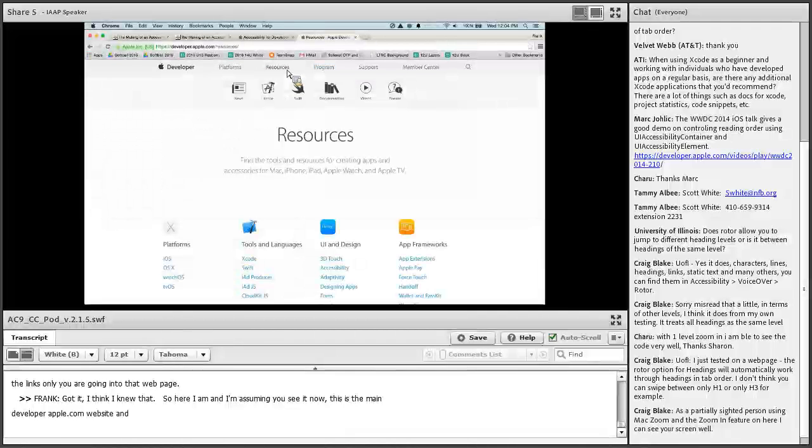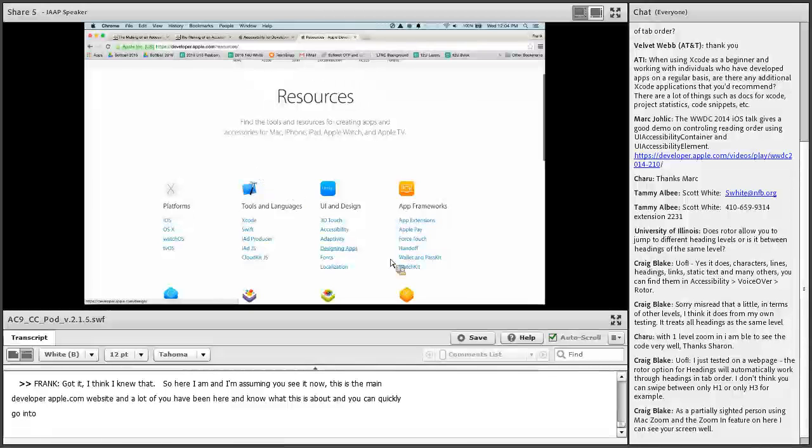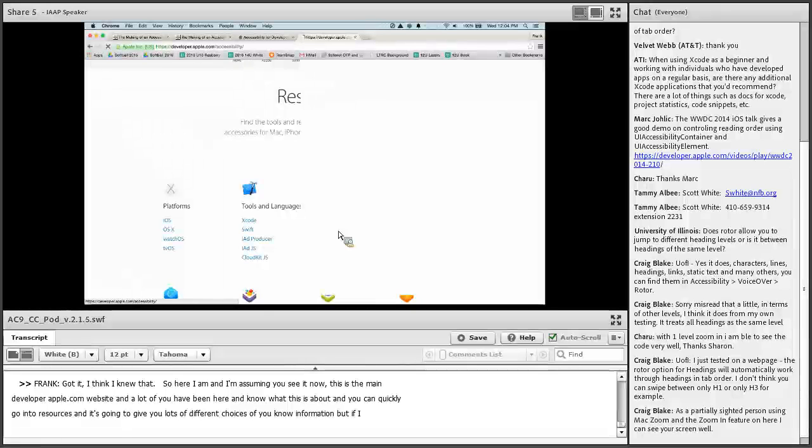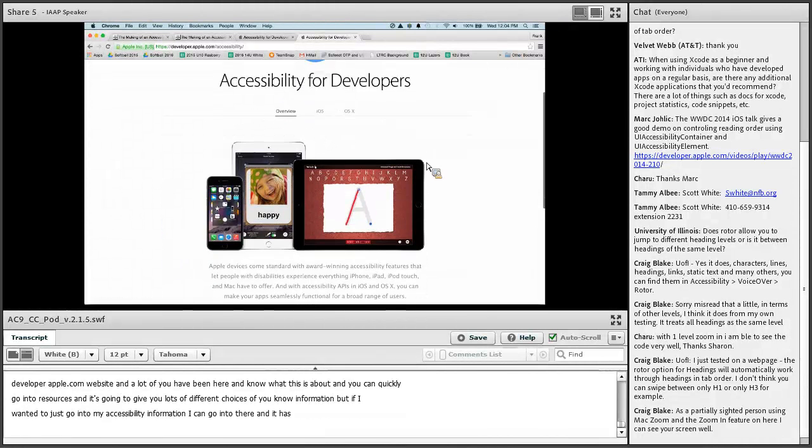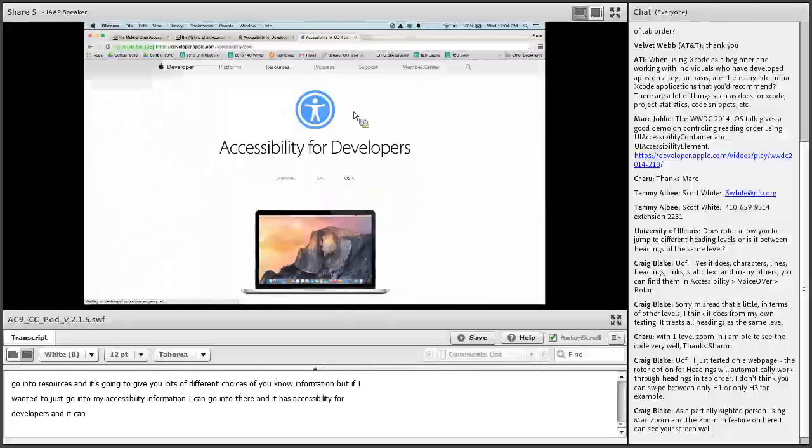So here I am. I'm assuming you see it now. This is the main developer Apple website, and I'm assuming a lot of you have already been here and know what this is about. But if you can quickly go into resources, it's going to give you lots of different choices of information. If I want to just go into my accessibility information, I can go in there, and then it's got accessibility for developers, and it can give you information in terms of OS X, which is a whole other animal. But